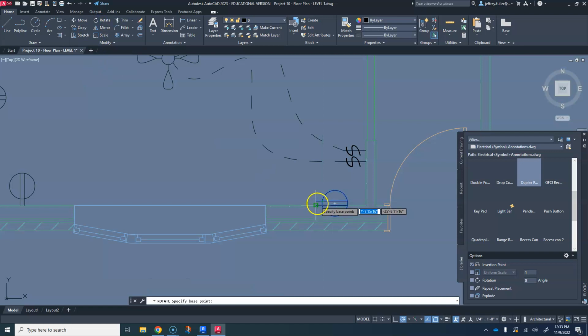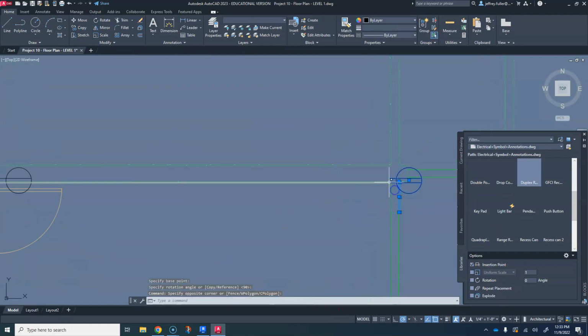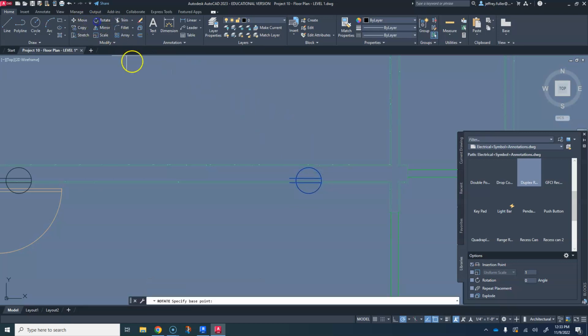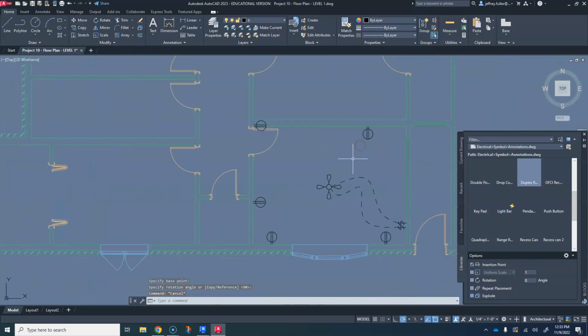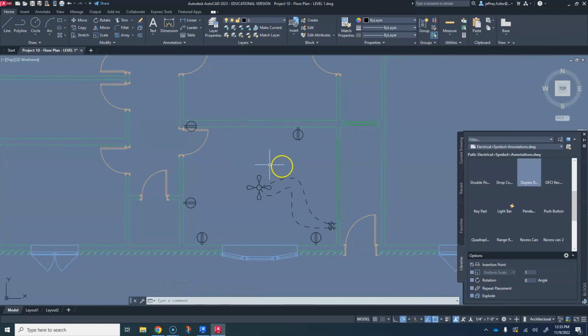Rotate like that. Okay, this one I need to move. Don't select too much. Select that, click on it. I'm going to move it right in here, and rotate it down this way. Okay, so that's basically what I'm doing, going and rotating all of these, putting them in the right place. And with that, I should be covered, but we do need to look that up and make sure